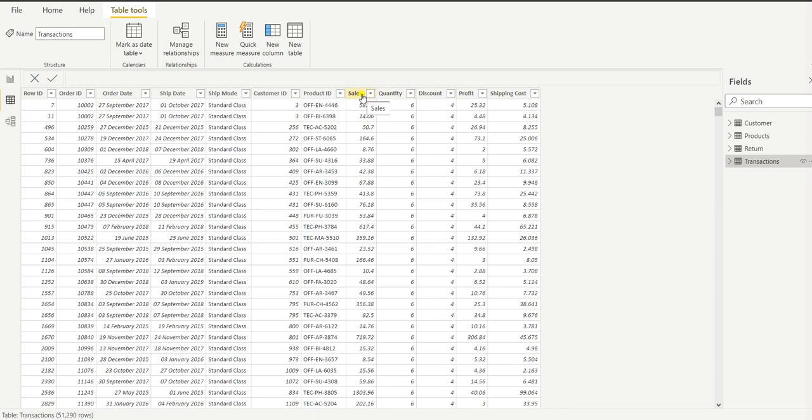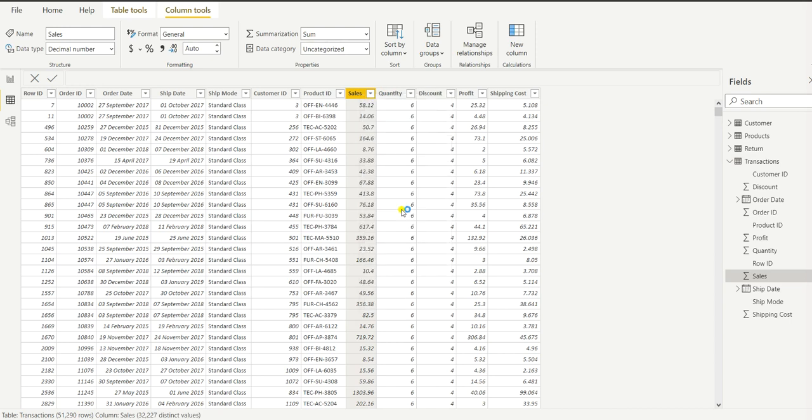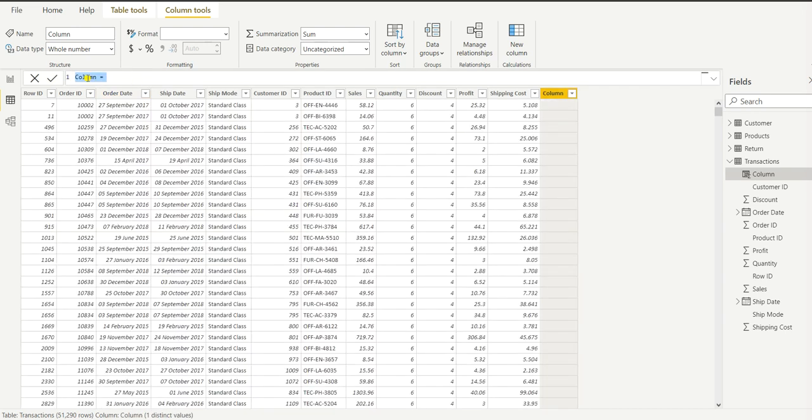We can simply right click and select new column. The program will work, and in the calculation bar it will show. Here we want to give a name to our column, so we can name it incentives, as we are calculating the incentives. For incentive, we discussed that we want to calculate 1%.